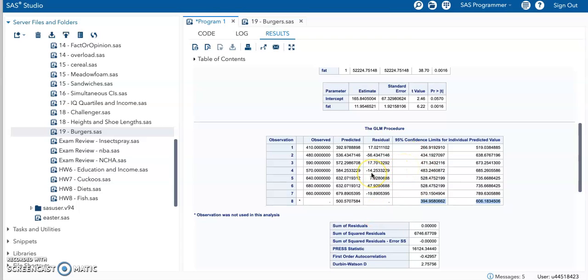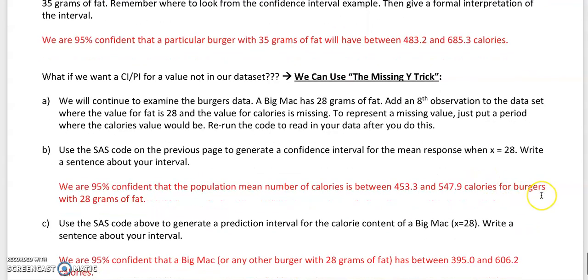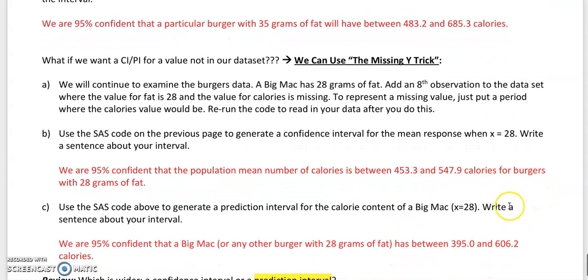And so we can actually use this missing Y trick even if we already have an X value in our data set that matches the one we want a prediction for. So this is actually a nice trick for just any time you want a confidence interval or a prediction interval. But getting ahead of myself, so if I go back here,